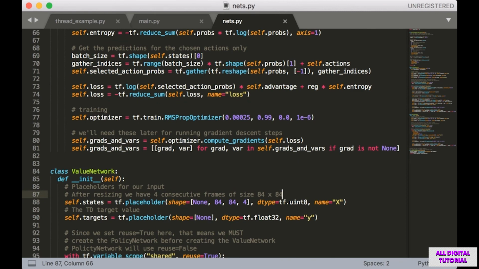First, we're going to create the RMS prop optimizer, and then we're going to use it to compute the gradients for each variable in our network. Next, we're going to do something unusual that you won't see in our normal single-threaded scripts. Instead of calling the RMS prop minimize function, we're just going to get the gradients and their corresponding TensorFlow variables. For now, all we're going to do is store this list as an attribute of the network. You'll see how these are used later when we actually do the update.